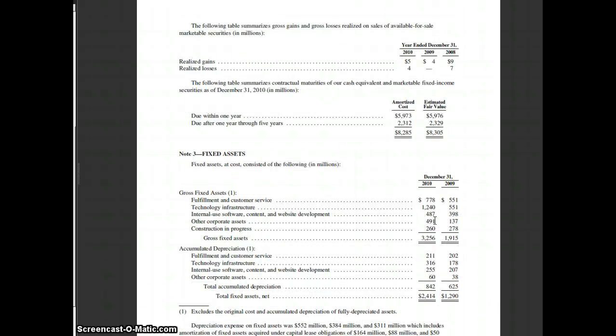Here's fixed assets. They're going to give you more information about what makes up that fixed asset category. This is Amazon, so this kind of makes sense. Fulfillment, they're sending you their package. And infrastructure. And here you have software. A lot of what they do to get the packages to you depends on their internally developed software. And then you can see they also have the depreciation associated with the asset so that you can look at